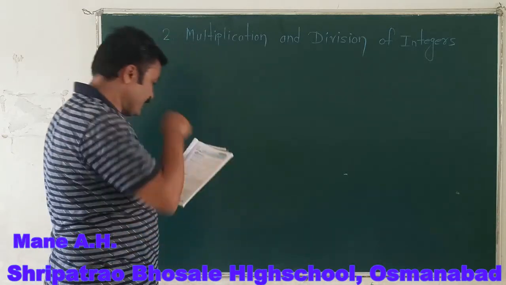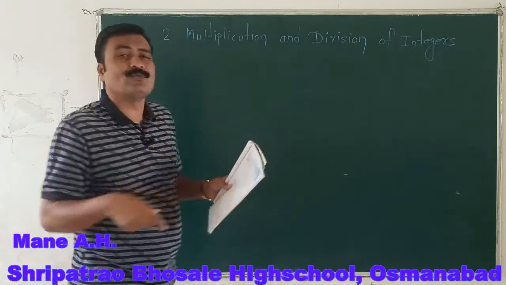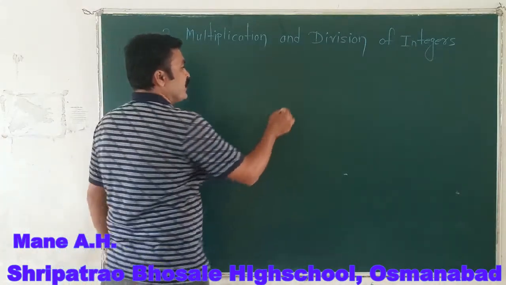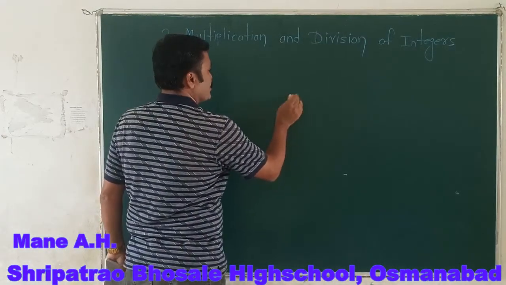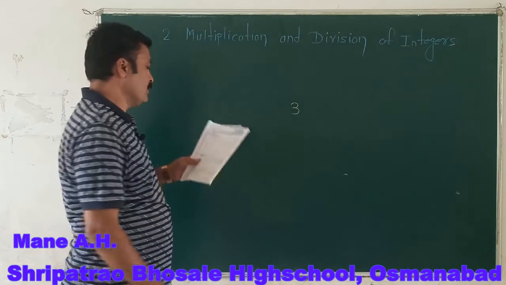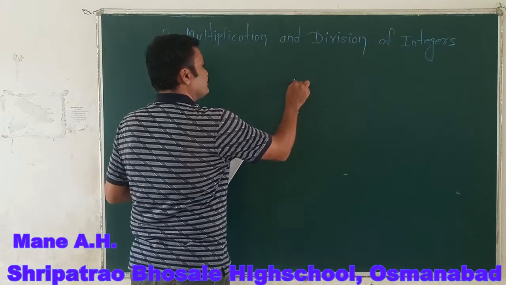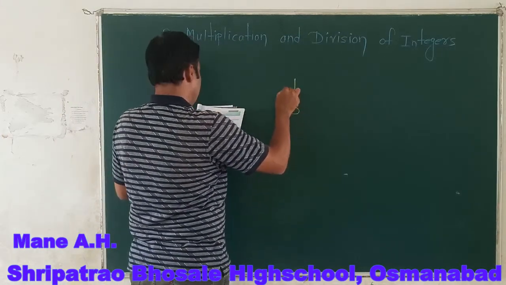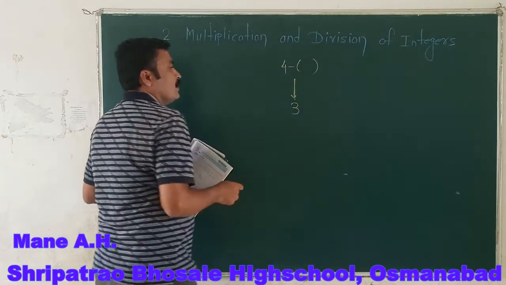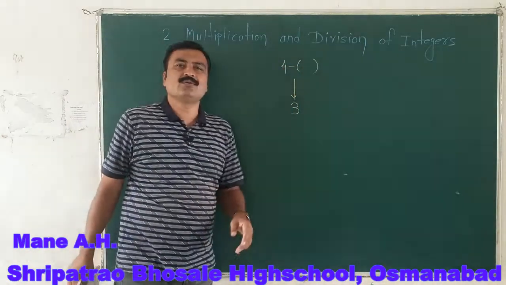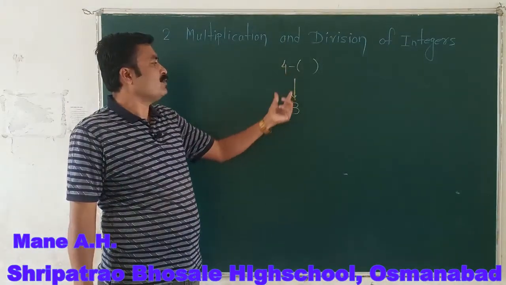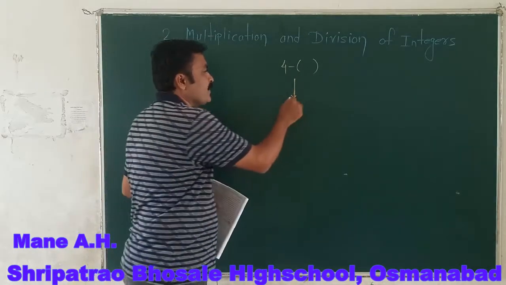So in the second question, I think you have been given a tree diagram. First we will continue this tree diagram on this board. The main answer that we have been given here is 3. So the first condition is 4 minus into bracket. We had to do the subtraction between an unknown number and 4, and obtain the difference of those